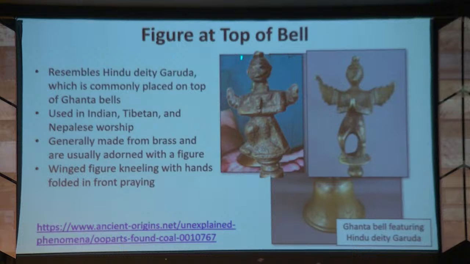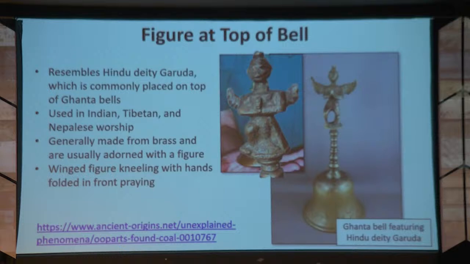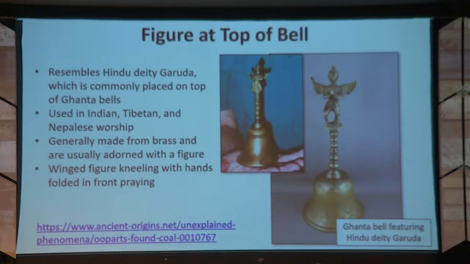You've got some kind of hat on the head, and at first I thought these were the arms, but those are actually wings, and their arms and their hands are folded in front of them like they're praying, both of them. They're also kneeling, almost down on one knee, both of them the same. If you go back, you can see a lot of other similarities, just the bell and the stem here look very similar. So